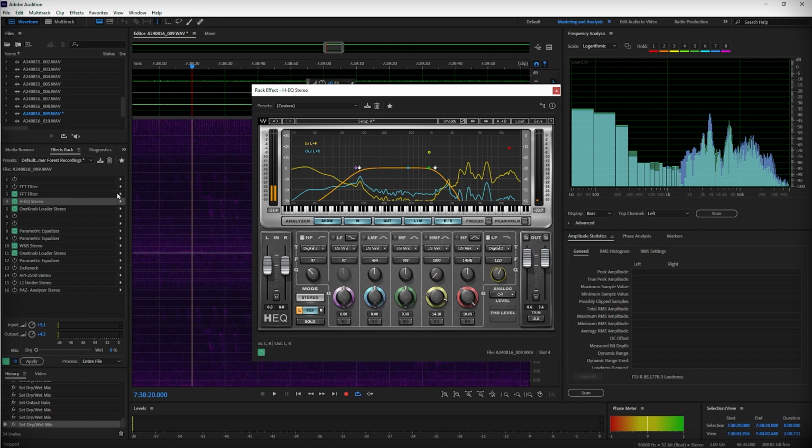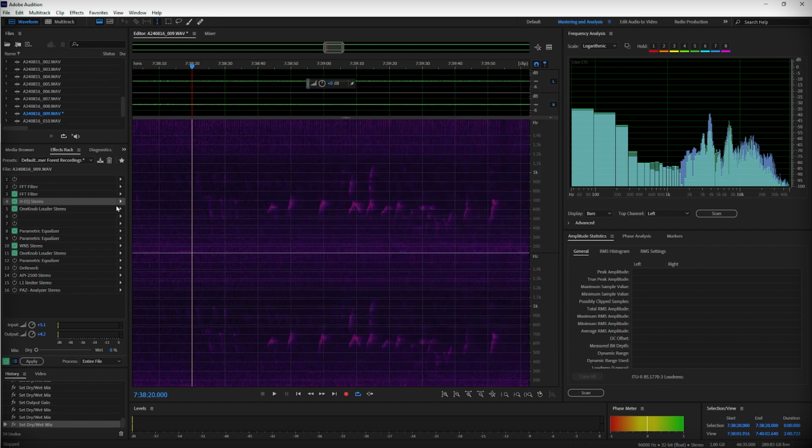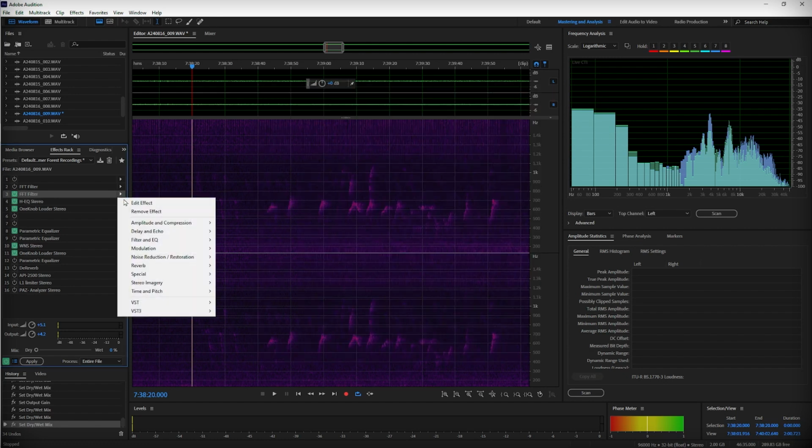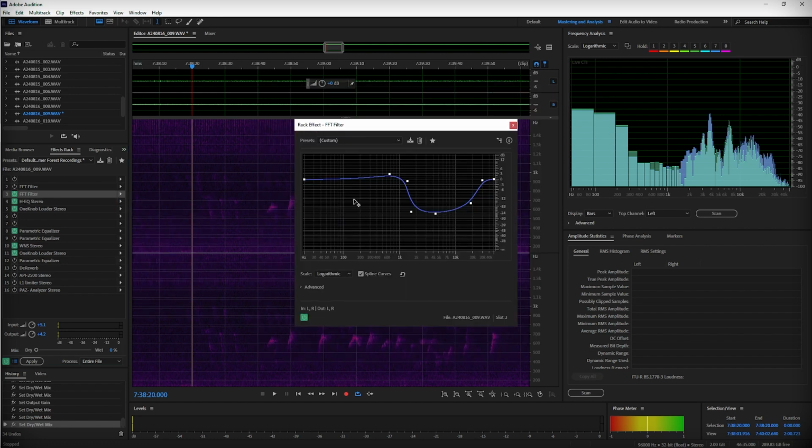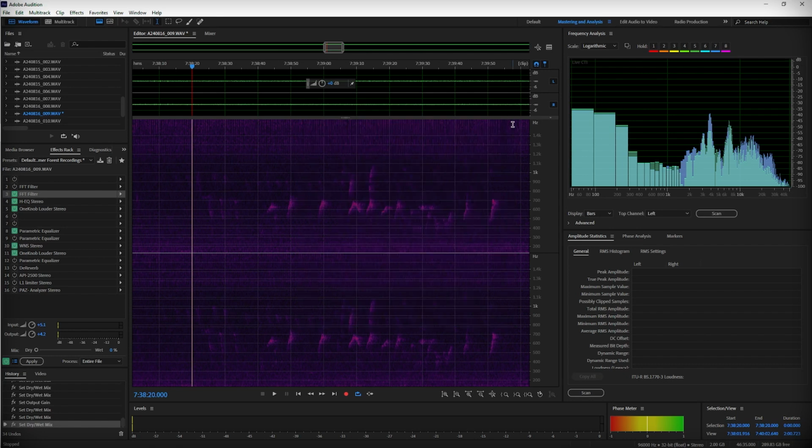So I've got that set, and then as an extra boost to get rid of those high end, I've got this FFT filter where I bumped it up just a little in that area that we want it to be. So a flat line at 0 would have been right through there. So I've just raised it a little bit before I dip down and really hit where those insects are. So this is a twofold approach to get rid of that insect sound. And I don't